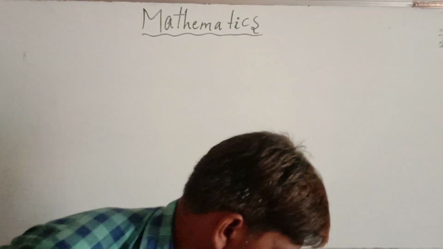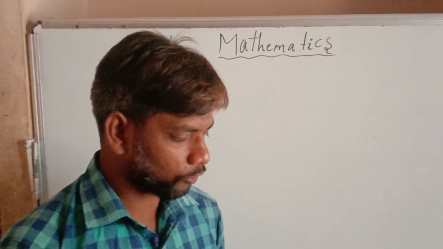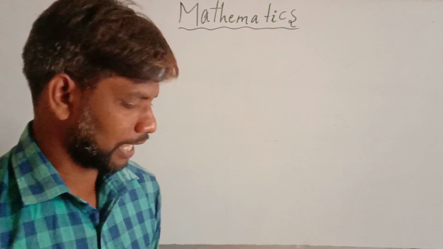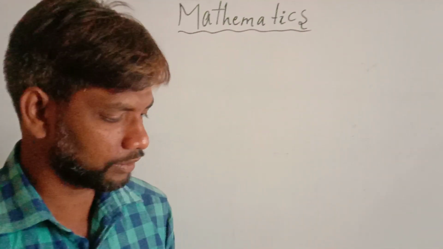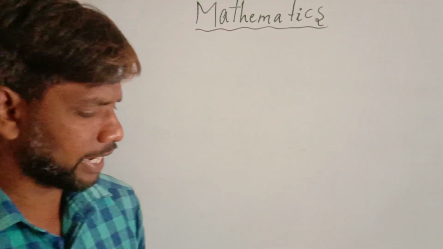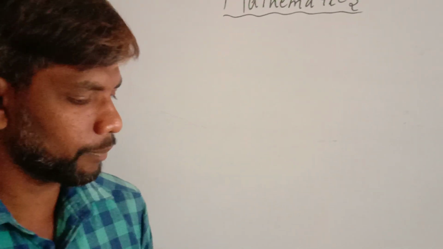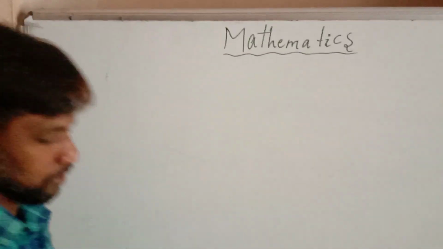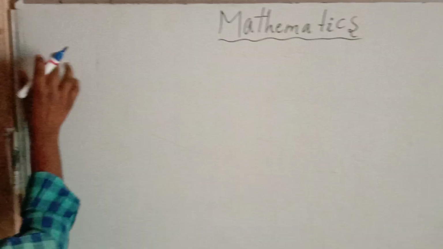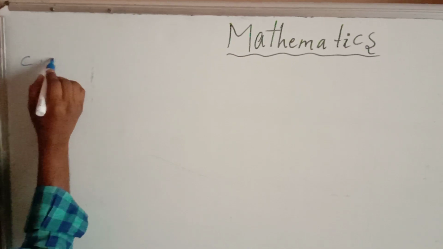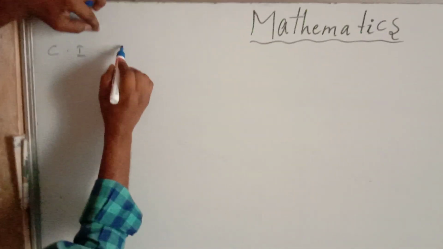14.3, fourth problem, he has given this question like this. The lengths of 40 leaves of a plant are measured correct to the nearest millimeter, and the data obtained is represented in the following table. He has given the length in millimeters and the number of leaves. He is asking: find the median length of the leaves. The first column I am taking as the class interval, and the second one I am considering as the frequency.